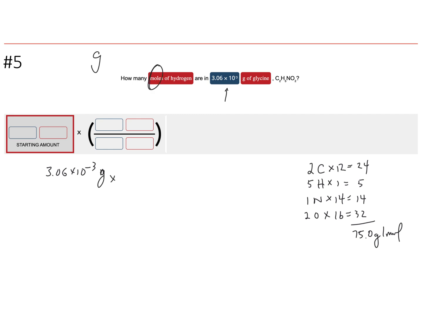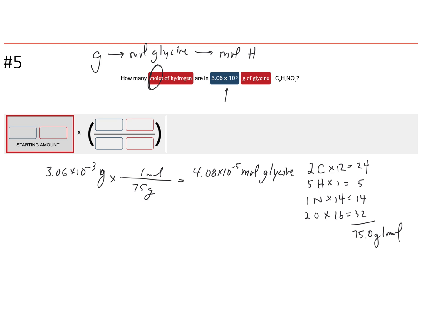I can go from grams to moles of glycine, and then use the formula of glycine to go from moles of glycine itself to moles of hydrogen in glycine. Glycine is 75 grams for every 1 mole, so I have approximately 4.08 times 10 to the minus 5 moles